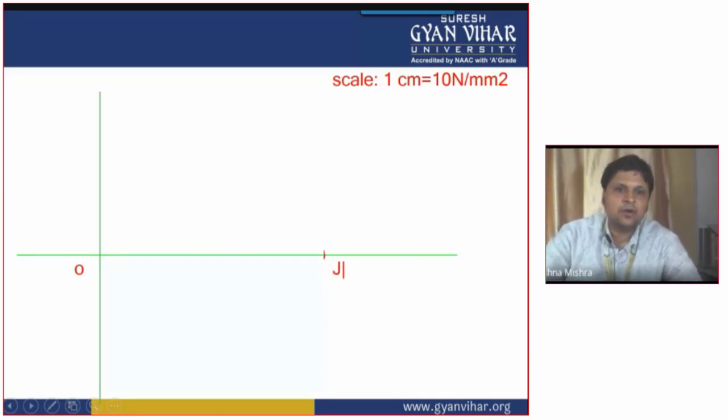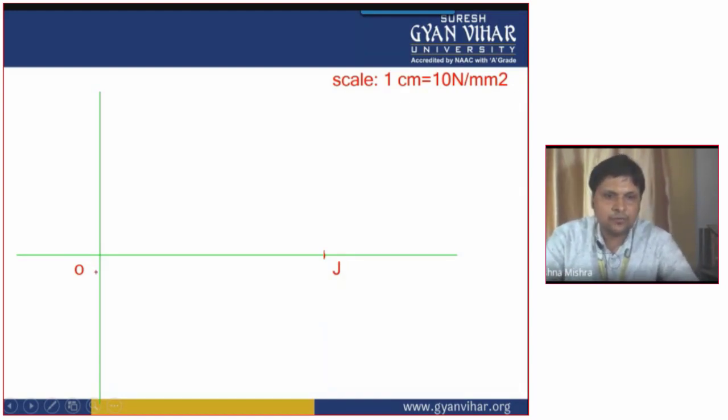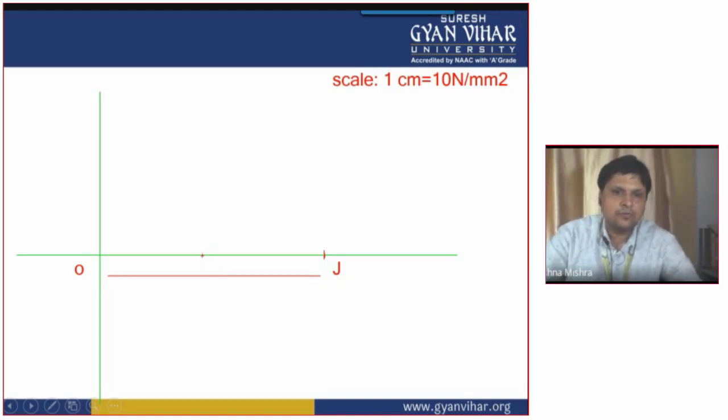All right, now OJ, you have to find the middle center point of this OJ. How you will find the center point? Half of this length. It means if this is 10 centimeter length, you will have to mark the 5 centimeter point in between. And from this point, you will have to draw a circle taking this much as the radius.